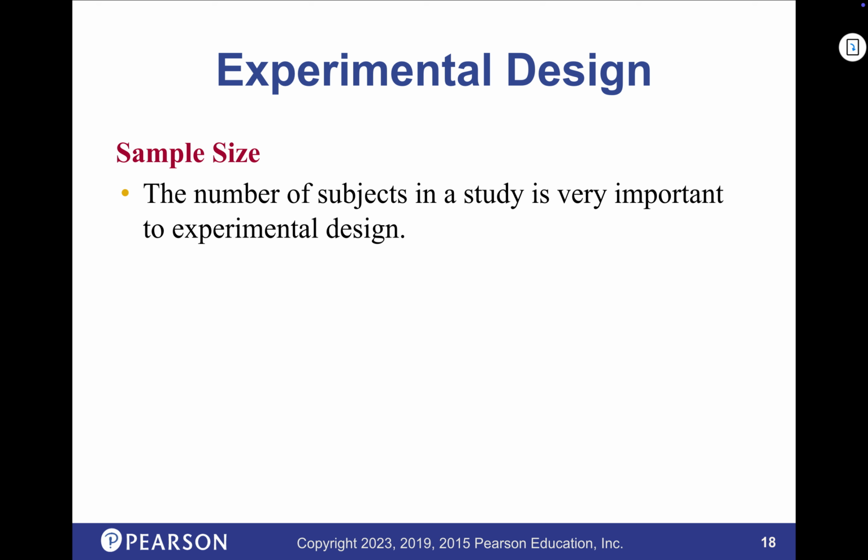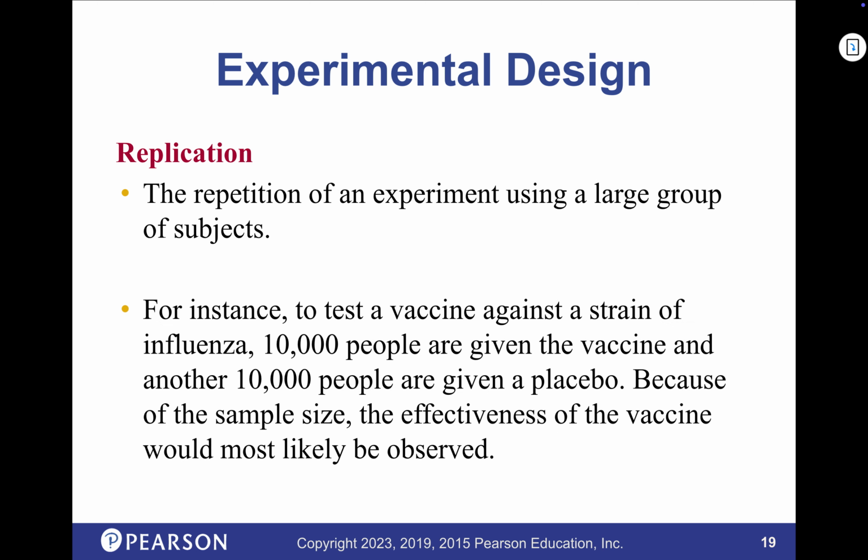If you're below 30, oftentimes the error within that research is higher. Okay. However, again, there's no magic number. I can't say if you have 30, you're going to be fine. A lot of times, though, depending upon what you're doing statistically, the tests, 30 or more gives you what you need.